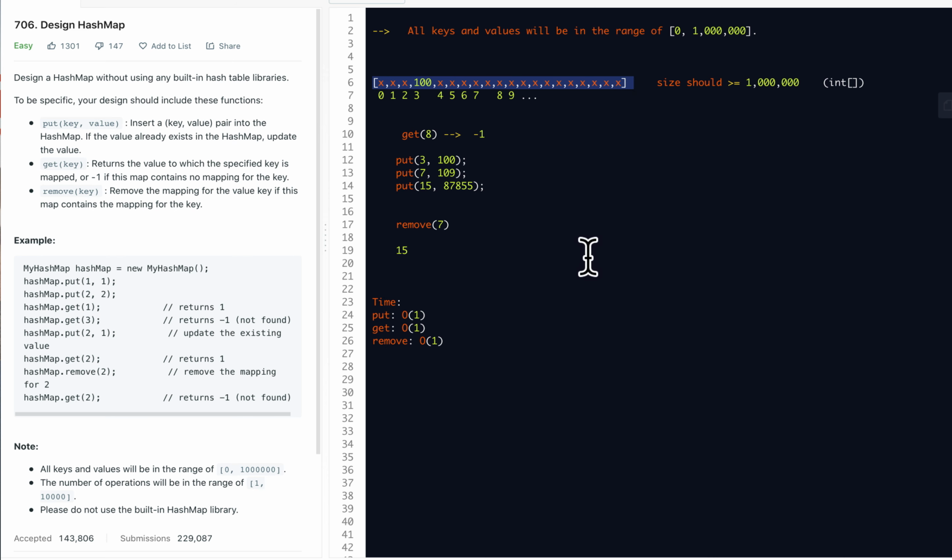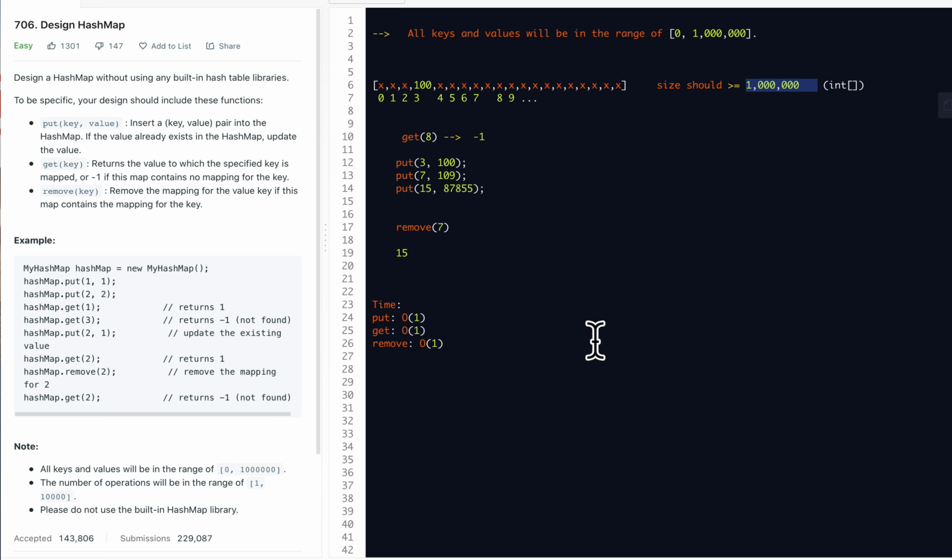So how to optimize this algorithm? What if the hash map will only be used like 100 times, maybe 1000 times, or maybe even 10 times? So this is a big waste. So that's the reason we will consider using the hash